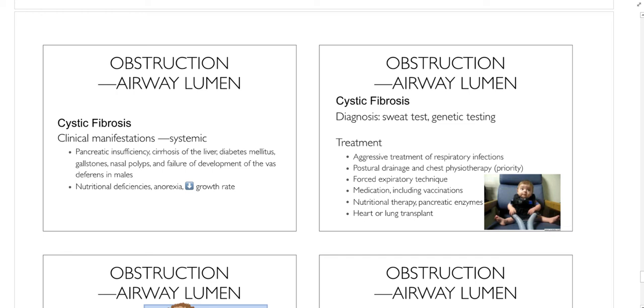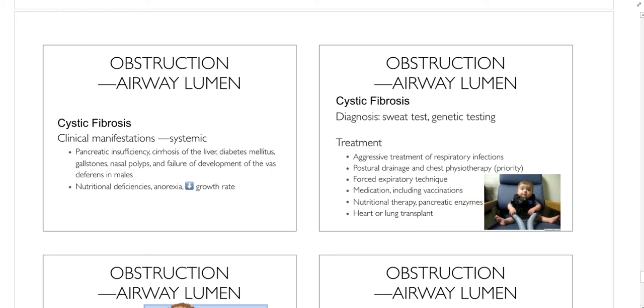Trying to knock loose a lot of that mucus production so that they can cough it up. They're going to be working on forced expiratory techniques to try to cough up that stuff even better. We're going to be using medications to try to promote better breathing, or in this case, try to avoid a lot of the infections that they can get because they have cystic fibrosis. We're going to be promoting good nutrition to try to ensure they have enough calories. And then we're going to be supplementing them with pancreatic enzymes to give them access to the food that they